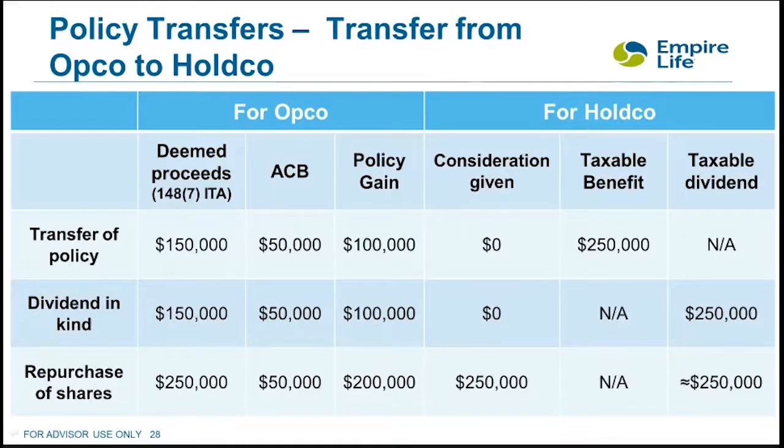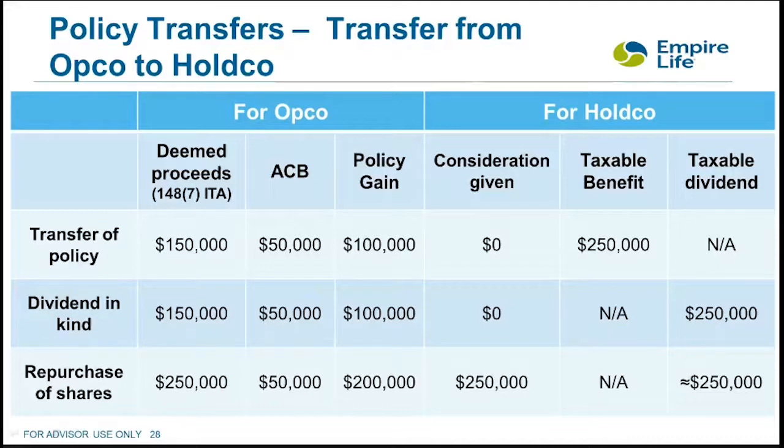And the last alternative, the third line, looks at the situation where opco repurchases some of its shares held by holdco. The value of the shares repurchased will have to be equal to the fair market value of the interest in the policy. Therefore, opco would have to repurchase shares which have a value of $250,000 for the policy to be transferred that way. Again, the rules of 148(7) will apply, and CRA has adopted the position that when shares are repurchased, the transferee has given consideration of value equal to the value of the shares repurchased. So in this case, holdco will be considered to have given consideration worth $250,000, which means that deemed proceeds are that amount because it's the highest of the three amounts: consideration given, cash surrender value, and the adjusted cost basis. This results in a policy gain for opco of